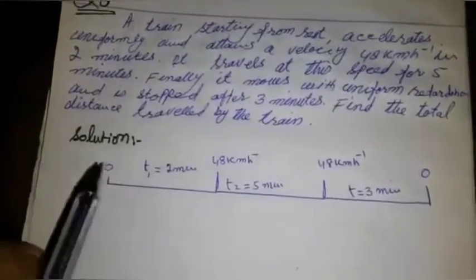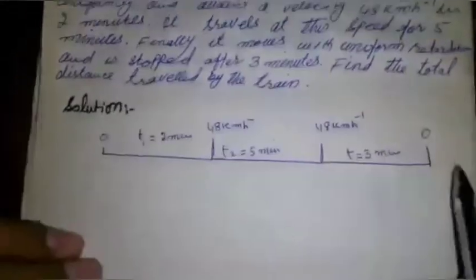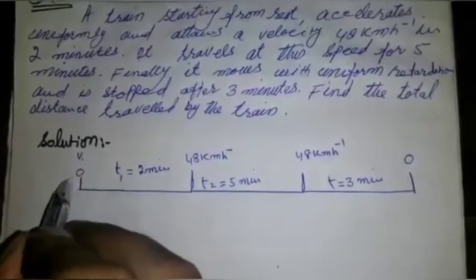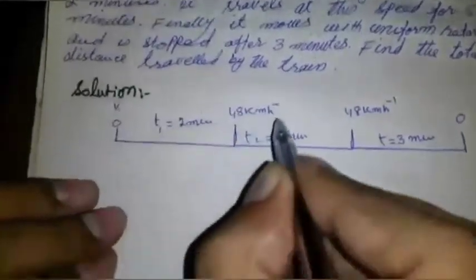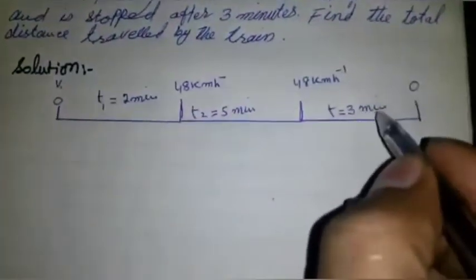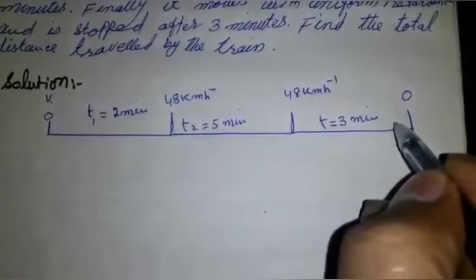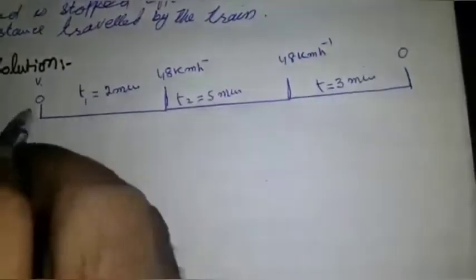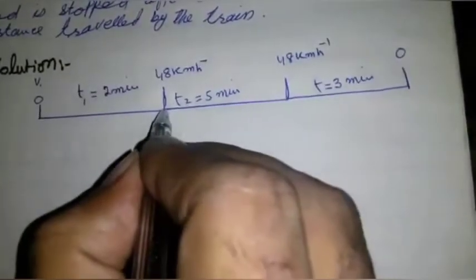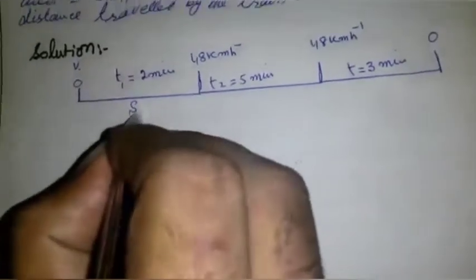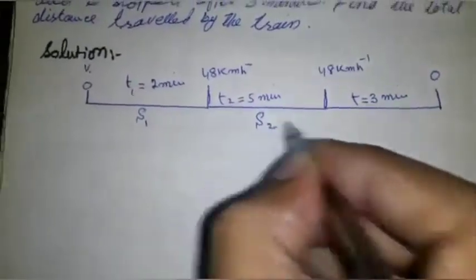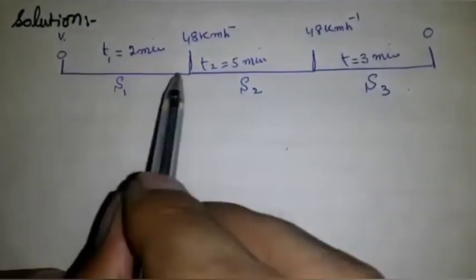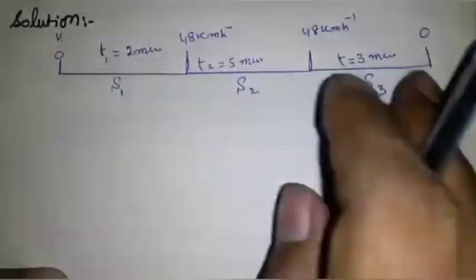This figure shows that the motion of the train has 3 steps. So इसकी इनिशियल वेलोसिटी यहाँ पर 0 है और इसका एक्सेलरेशन कांस्टेंट है। अब इसकी वेलोसिटी कांस्टेंट है और अब इसका एक्सेलरेशन जो है वो कांस्टेंट नहीं है बल्कि माइनस है। तो हमें कैलकुलेट करना है इस टाइम में इसने कितना फासला किया, S1, S2, S3. We divide this total motion into 3 parts, S1, S2 and S3.